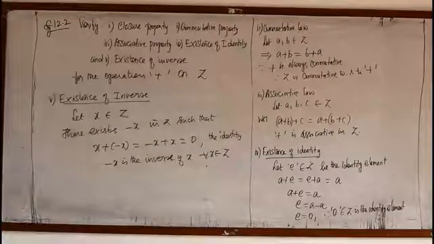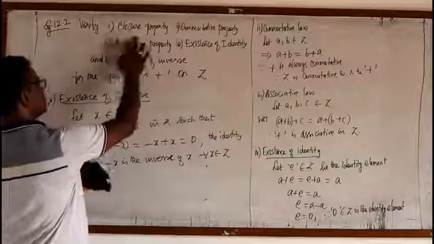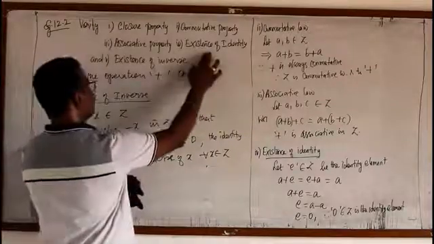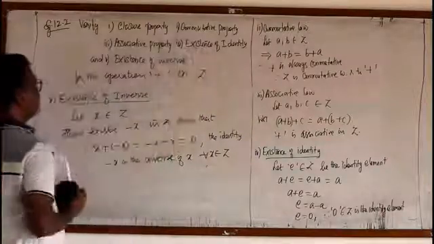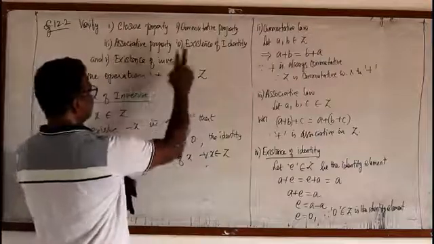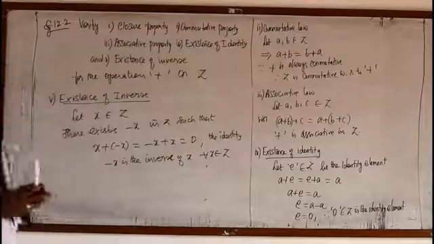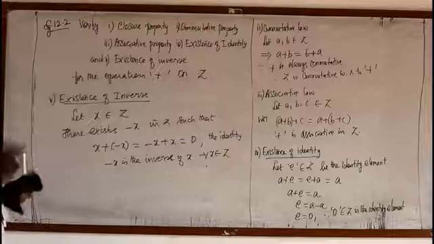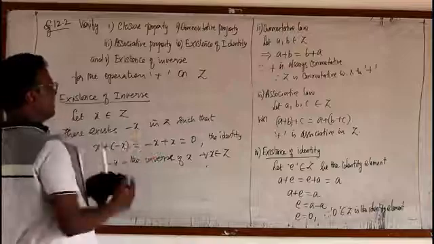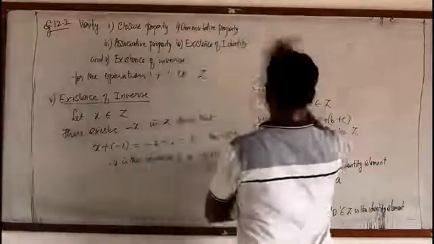So this is how we found everything. We proved the set Z with respect to plus is closed, it's commutative, it obeys associative property, there is an identity element existing, and also there is an inverse existing. But we know already, if addition is the operation, identity will always be 0, the inverse will be the negative elements. So if we keep this in mind, we won't forget. Whenever addition is there, the identity is 0, the inverse is negative elements. So with that, example 12.2 is over.